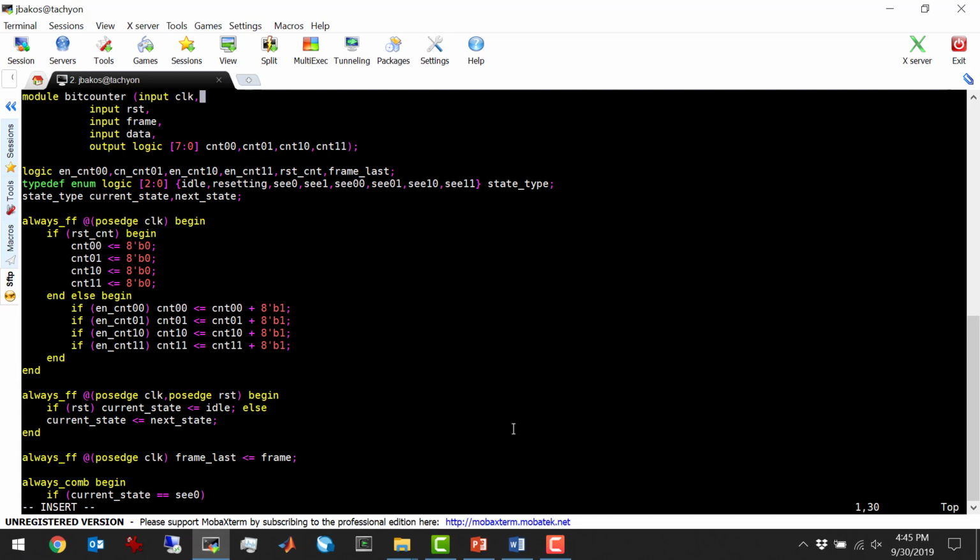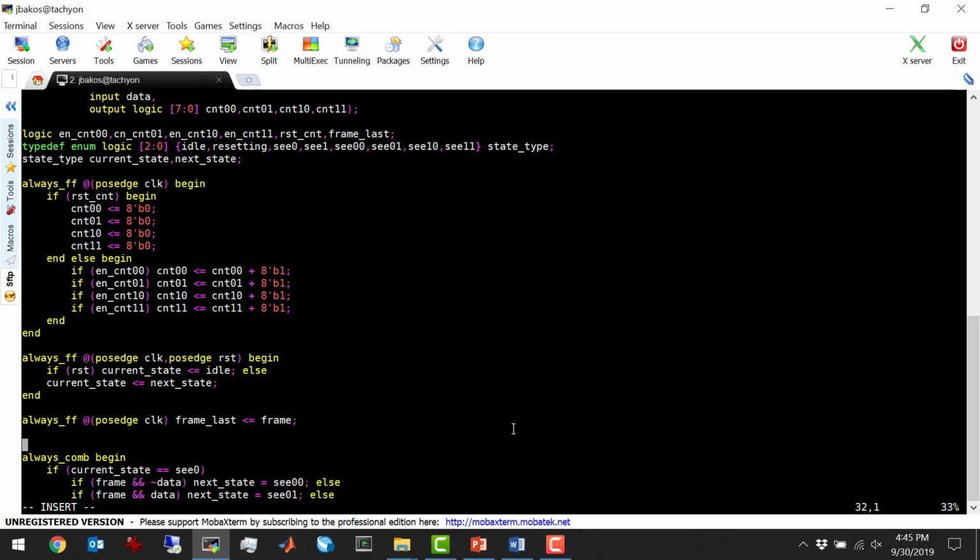Why? Because I want to count the number of words in each packet, so in between packets I want to reset the counters, and I won't be getting a reset signal for that. Okay, so in addition to creating that little delay logic, I'll also do an always underscore com, and I'll go ahead and just set